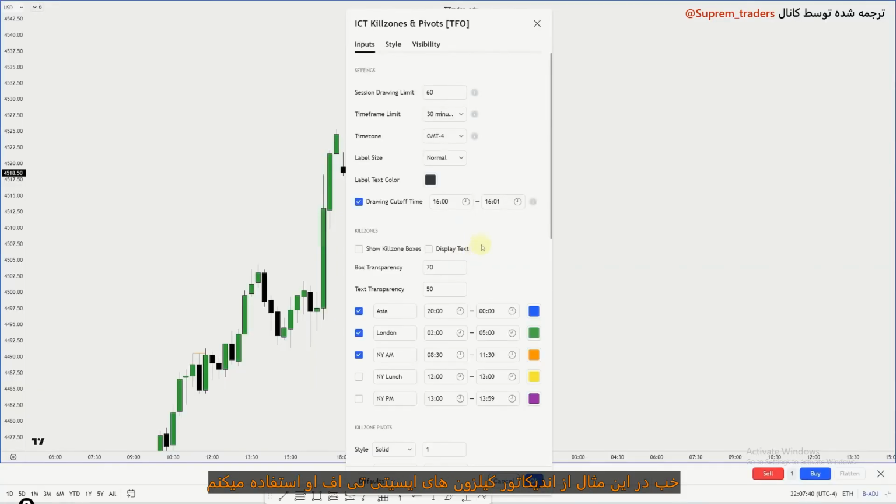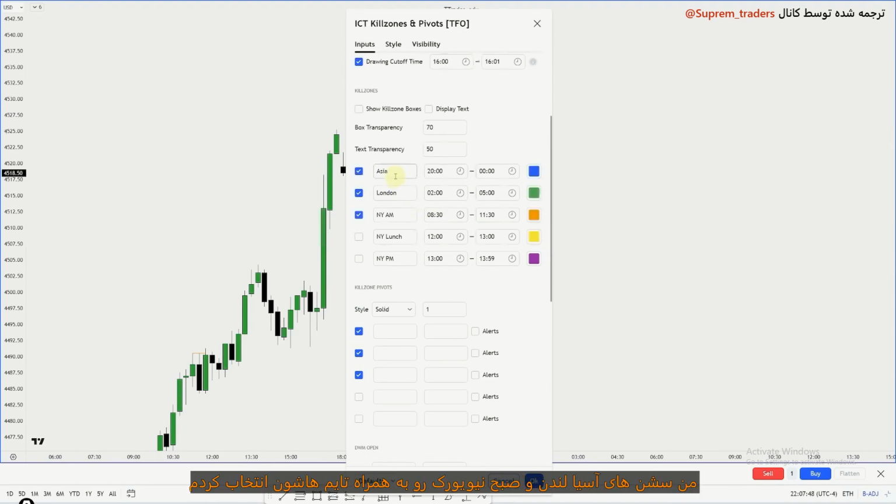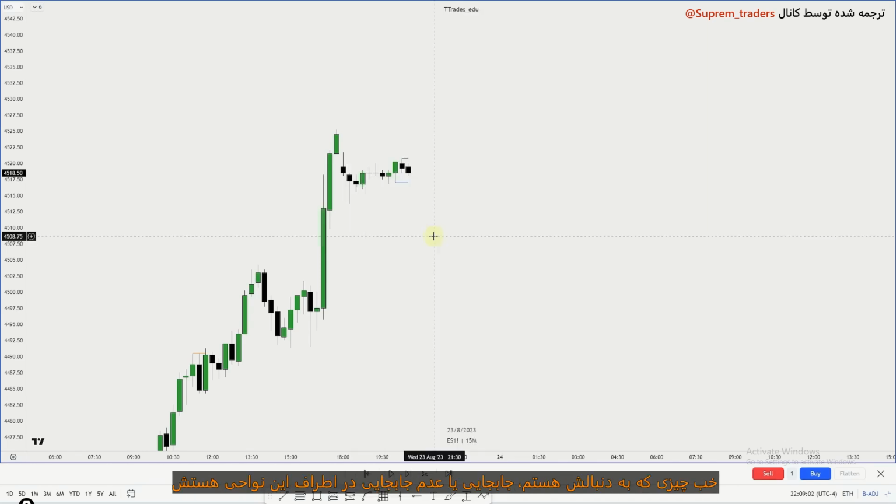So in this example, I'm going to be using TFO's ICT kill zones and pivots indicator, and these are the settings I have for them. I have selected Asia, London, and New York AM with the times listed, and then I have my pivots marked off with no text to keep it clean. What I'm going to focus on is the displacement or lack of displacement out and around these areas. So as we let this move forward,